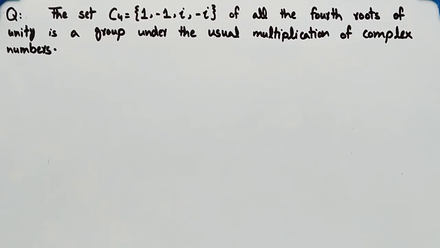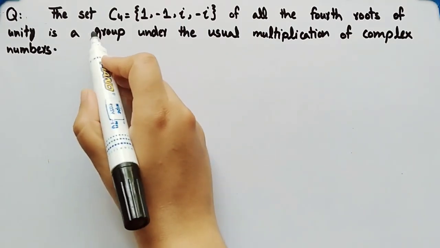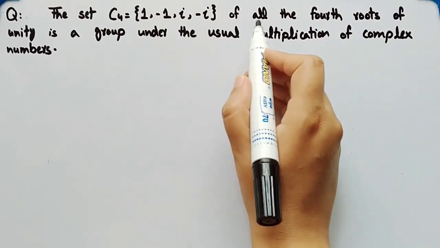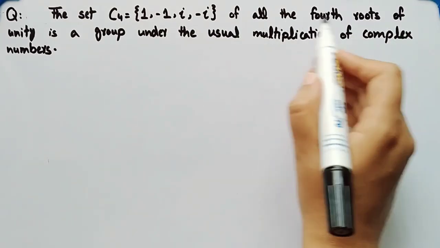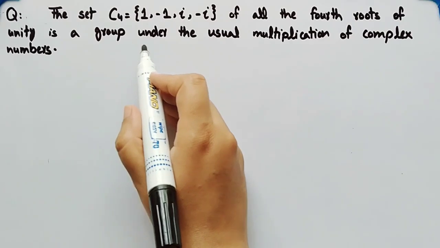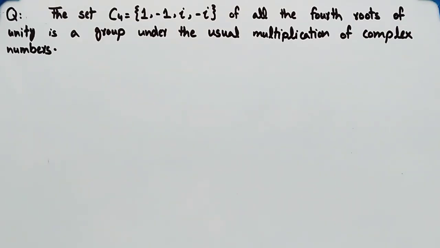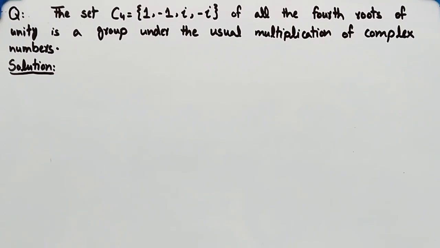In this video, we will show that the set C4 equal to {1, -1, iota, -iota} of all the fourth roots of unity is a group under the usual multiplication of complex numbers. Now coming towards its solution,